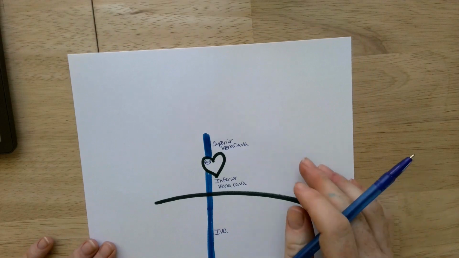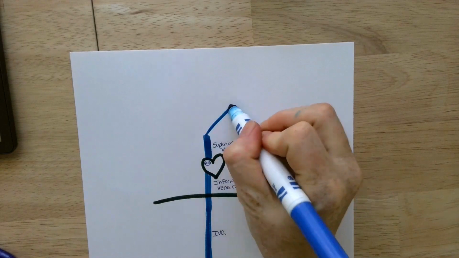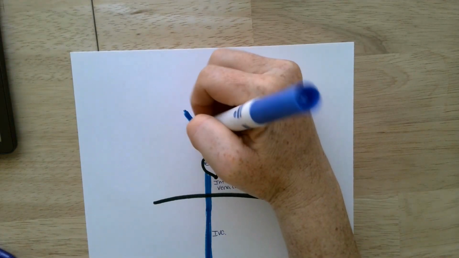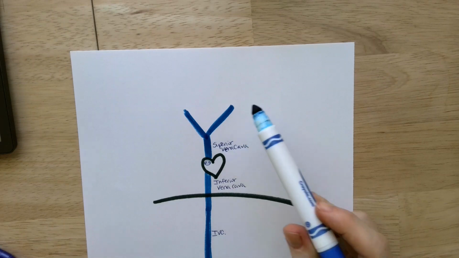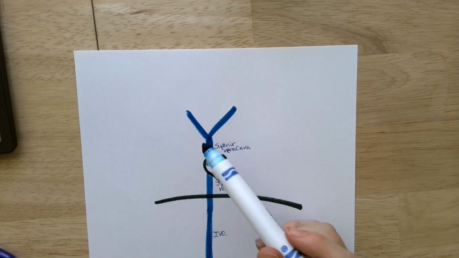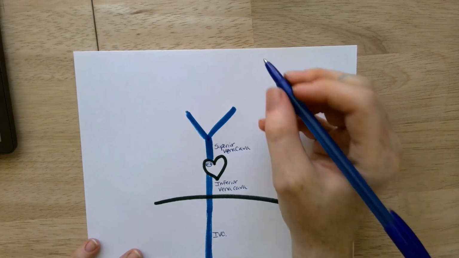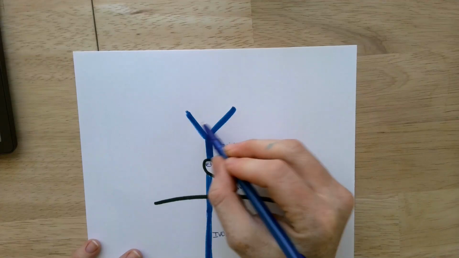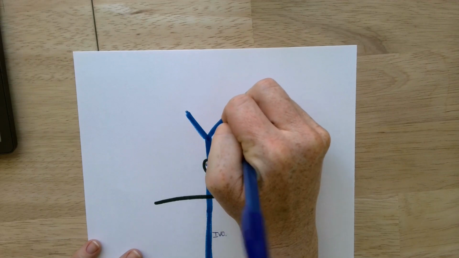So let's start with branches of the superior vena cava first. The superior vena cava is going to split. And one thing that I'd like to point out right away is that for the veins draining into the superior vena cava, it's going to be very symmetrical. So both the right and the left are going to be the same. So you don't need to designate right or left because they are the same. So this branch and this branch both have the same name, and so this one is going to be the Brachiocephalic